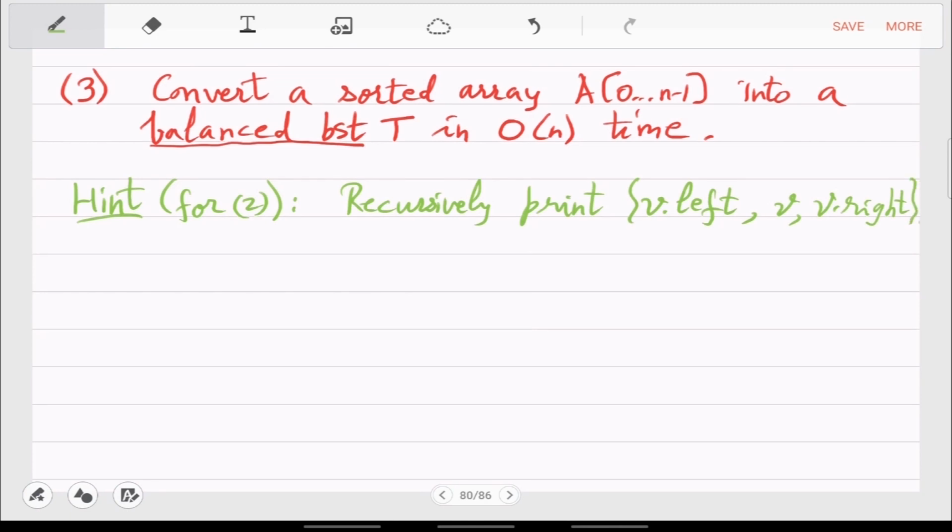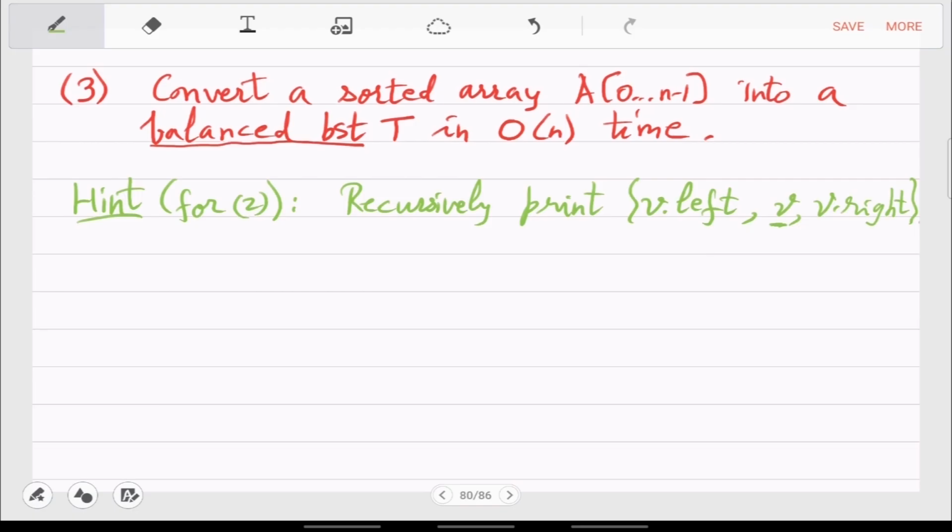So if you just do this, let's say you start at the root, you basically print or traverse the left subtree, the root and the right subtree. So this is the thing which you are printing or traversing.